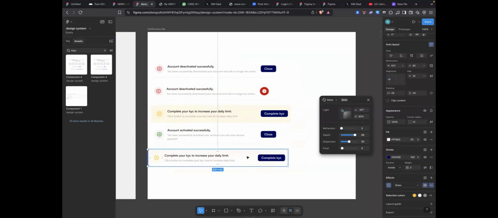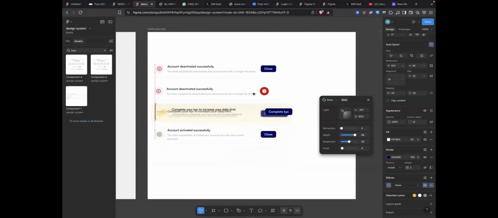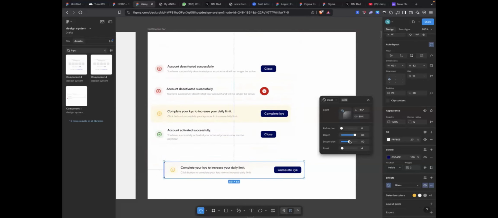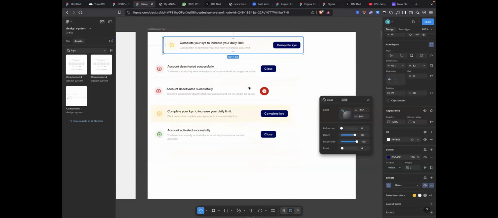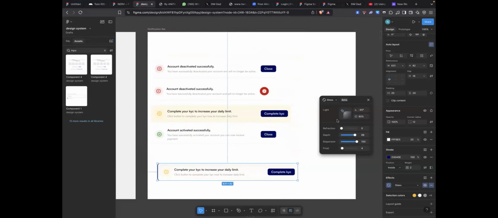Even iPhone updated. So yeah, that's the effect of the glass effect here. You can see how it's mirroring everything. So yeah, try as much as possible to keep up to date with whatever you're doing. See, it's just mirroring everything. When you get a notification, this is how it will come. So yeah, try and check out these new features. This glass effect is another good thing Figma updated.